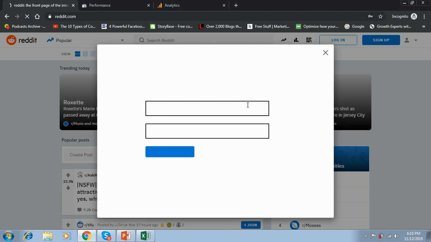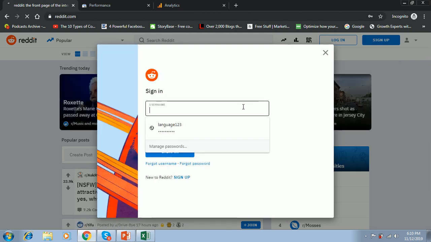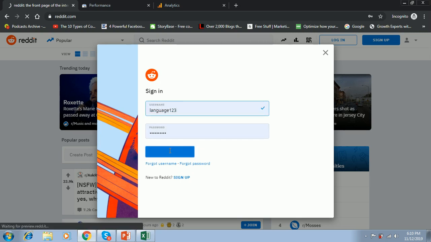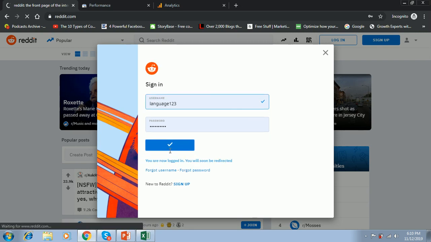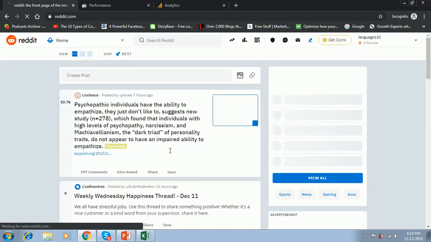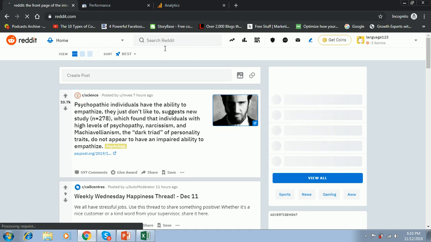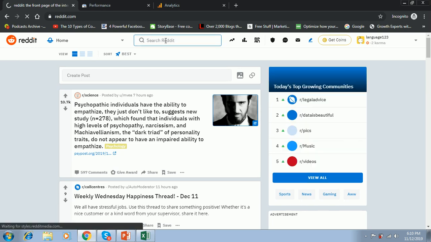I log in over here. I click on sign in. So the objective is that you have to spy on the online communities on Reddit, right? So you come to know which particular post is getting maximum traction. Okay, so what you can do is you can search over here